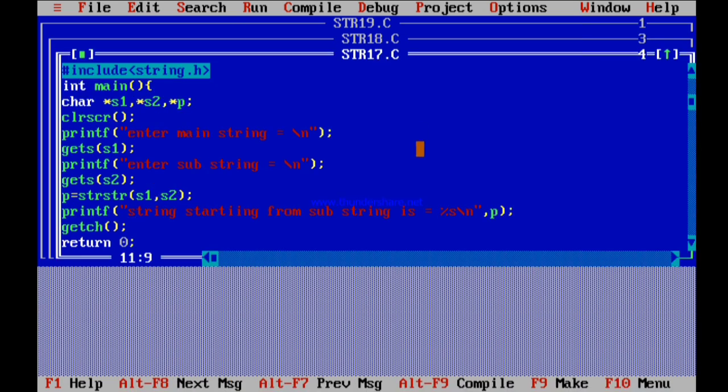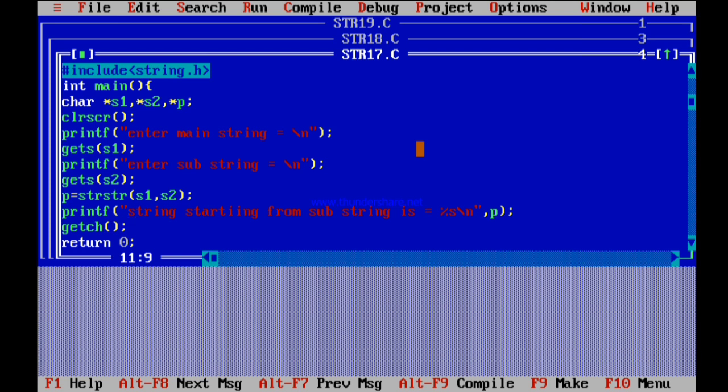What this particular program is all about is I want to show you how the string handling function strstr works, that is searching a substring inside a main string. Remember friends, strstr means you can search for a substring inside a main string, whether that string is present in that particular string or not. If the substring is present, it will give the starting location of your substring, so you can print that string from that place. If that string is not present over there, it gives you the null value.